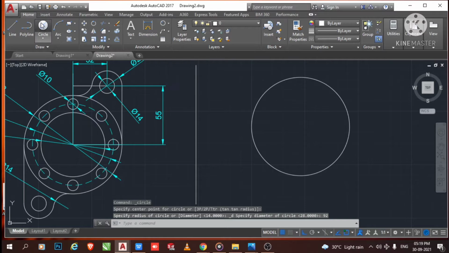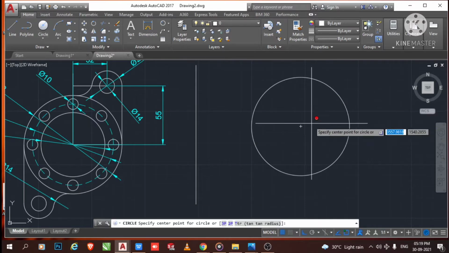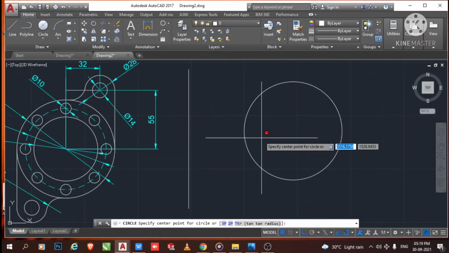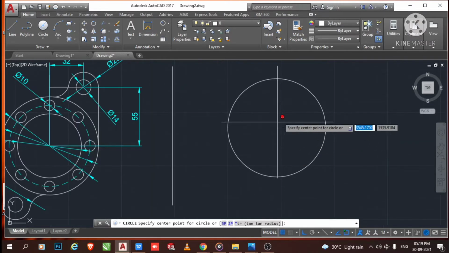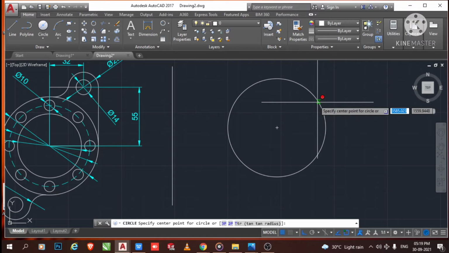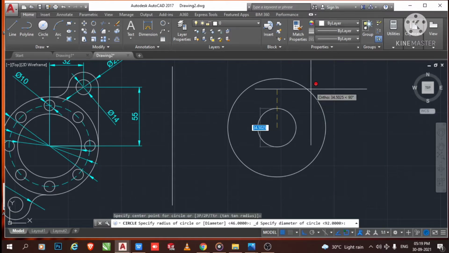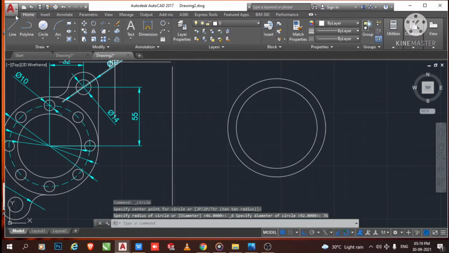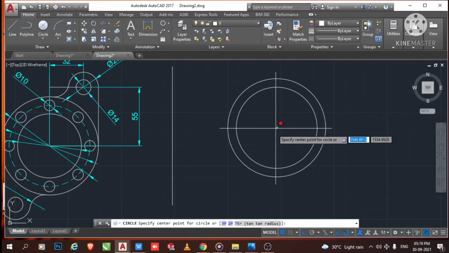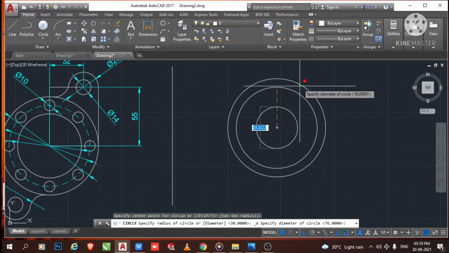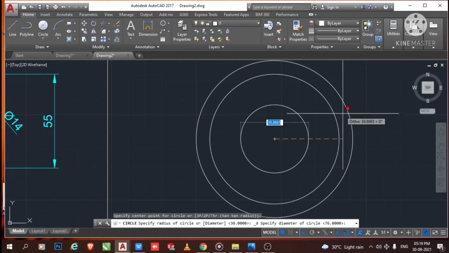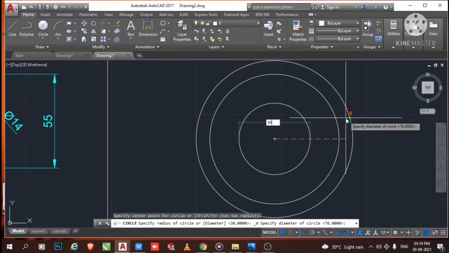Again select this circle, select this point, and make the second circle up to 76. Again select this circle and make the circle from this point up to here, and this will be 60 diameter.